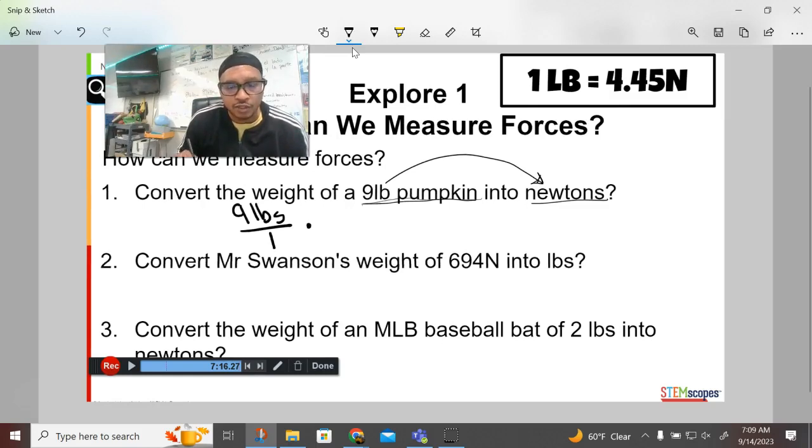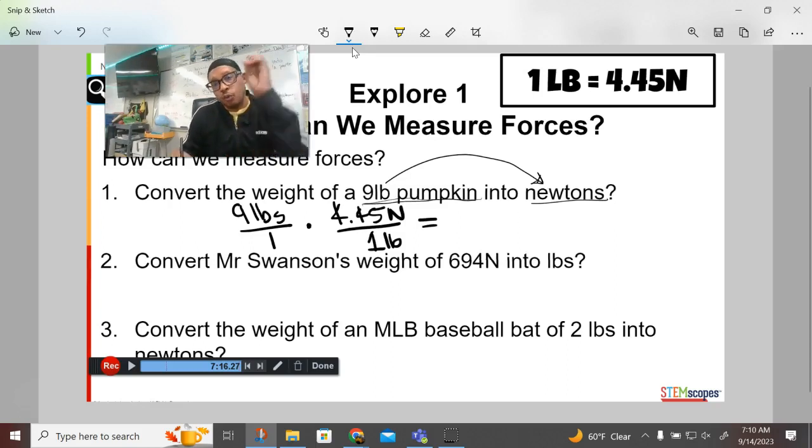So 9 pounds, that's the 9 pound pumpkin. Then we're going to multiply, and we're going to put 4.45 newtons on the top, and then we're going to put the 1 pound on the bottom. Now, the reason we have the newtons on the top is because we're converting to newtons, okay? That's why it's on top. If we were converting to pounds like we are here, then pounds would be on top, okay? So make sure that you understand that fact because that's going to tell you what should go on top of